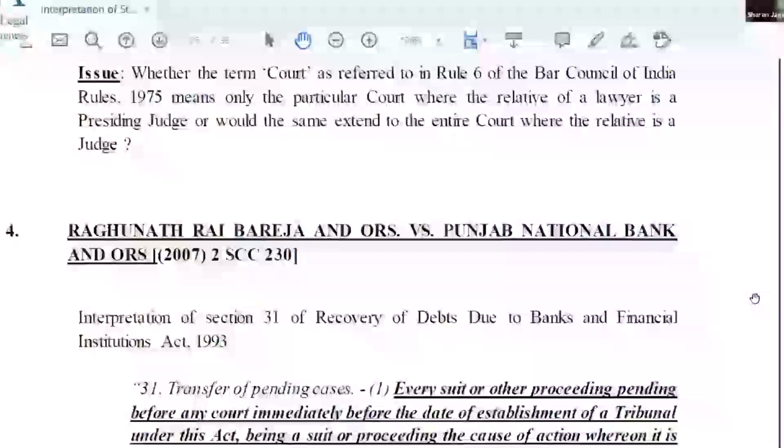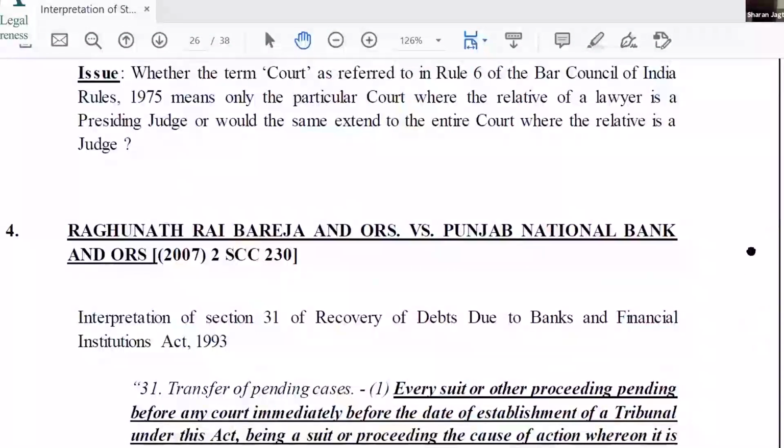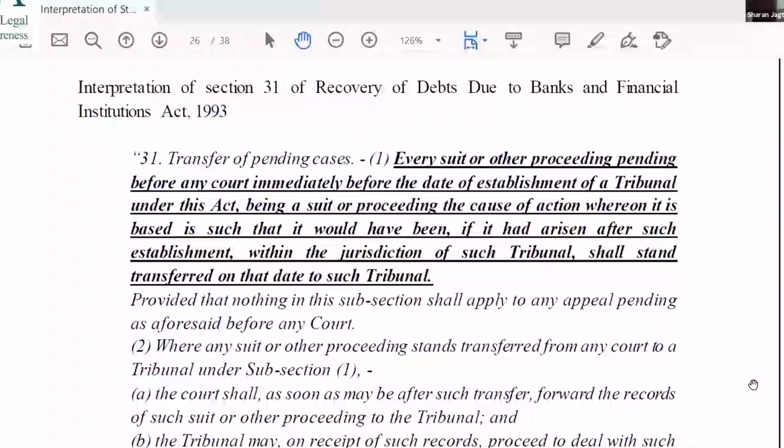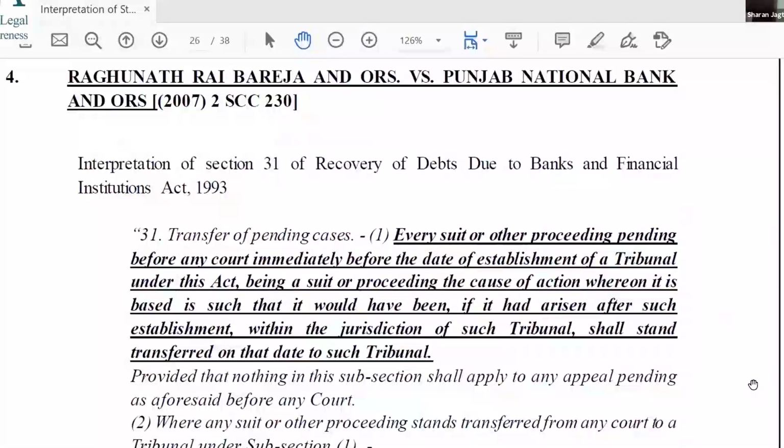And that is, for example, in Raghunath Bareja, where the question was, as Justice Sinha put it, of hard facts and following the law regardless of the consequences that follow. That was a case where the Supreme Court in the year 2007, and I believe somewhat inconsistent with Supreme Court judgments of that period and prior to that, clearly took the view that